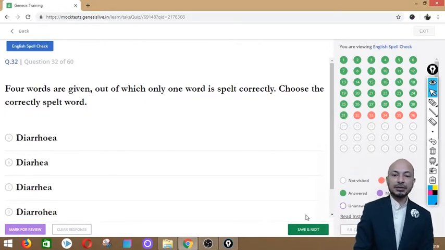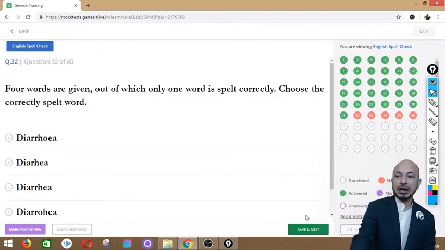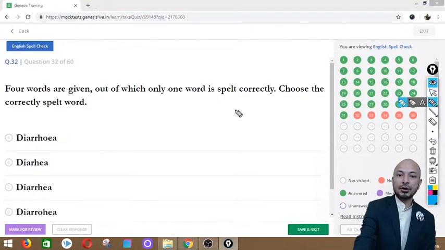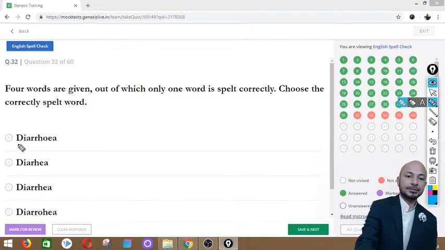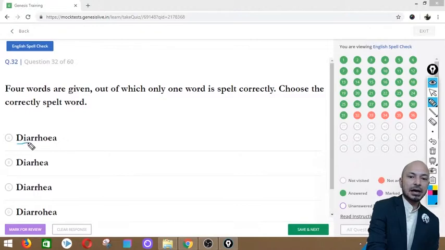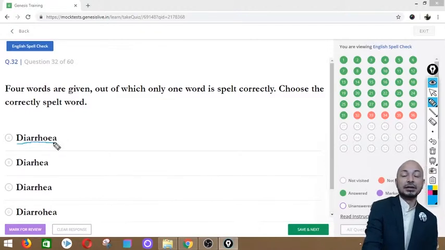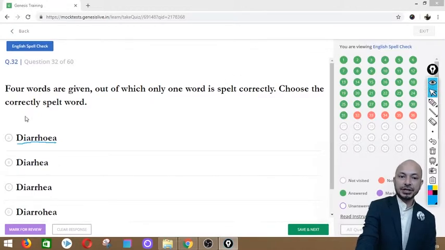On to number 32, and the word is diarrhea, and the spellings given are DIARRHOEA. Second one says DIARHEA. Third one says DIARRHEA, and the last one says DIARROHEA. And the correct spelling is option A, which says DIARRHOEA, diarrhea. Once again, click option A,